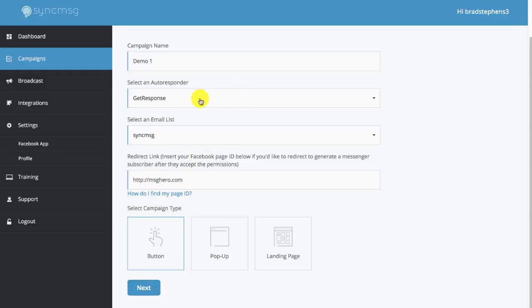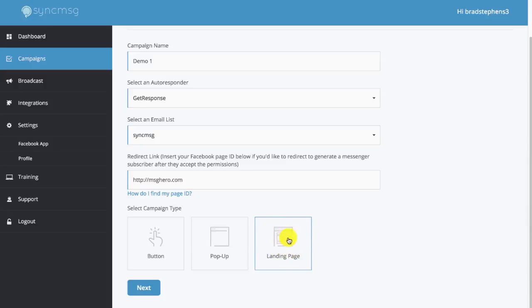So if you have an existing sales page, for example, you can go ahead and add this button to that sales page, any squeeze page, landing page, any page you like. But for the purpose of this video, I'm actually going to go with my favorite option, which is the landing page option. So instead of having to place this button yourself, the landing page option actually allows you to just